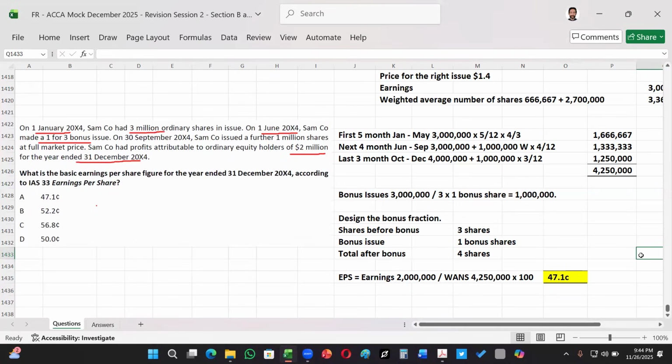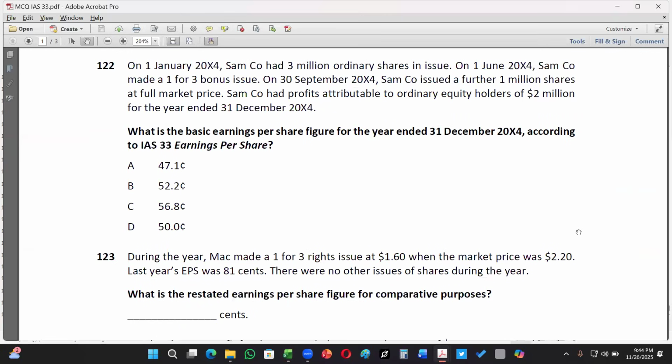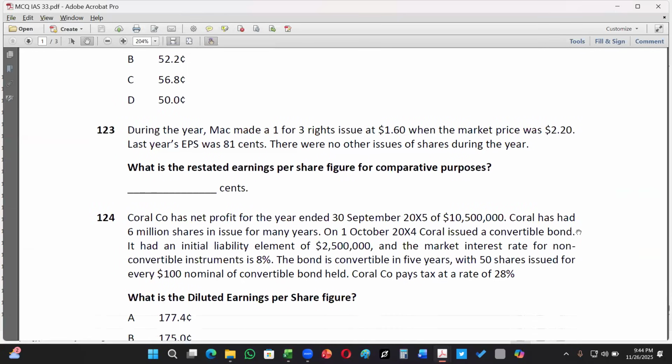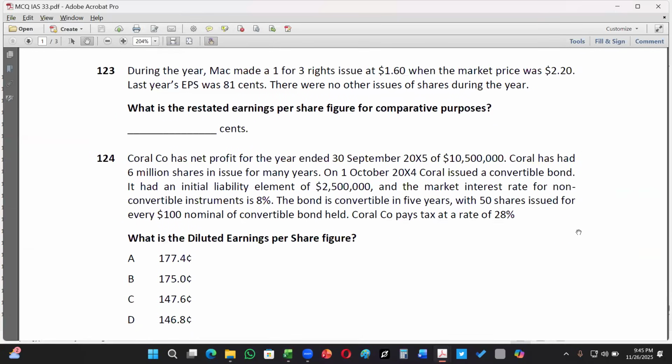Yes, students, I hope you understand. Yes, sir. Okay, excellent. So I hope everyone is with me and comfortable. So this was the second issue we had done with the basic EPS. We dealt with the rights and we did with the bonus. Now we look at the next one, which is the fifth case. I would keep the diluted EPS away.